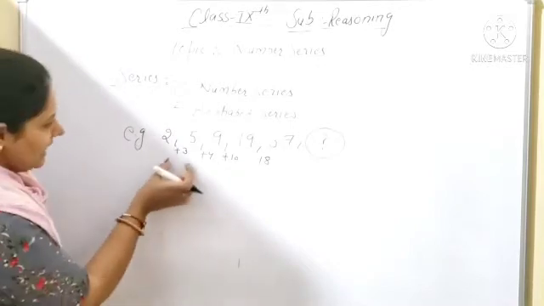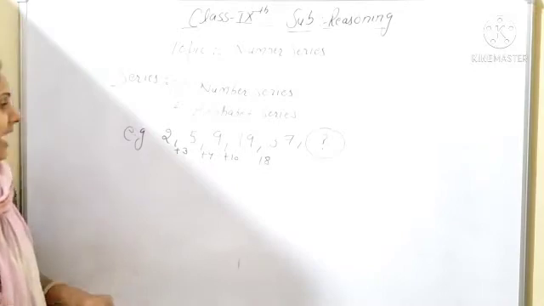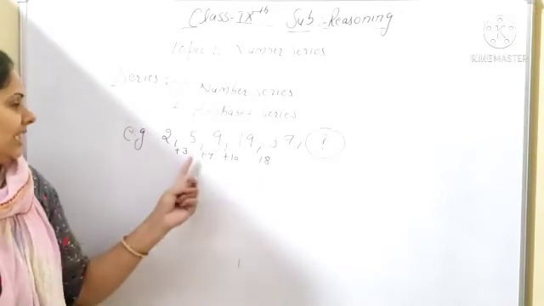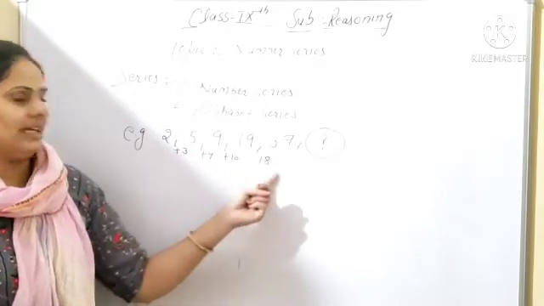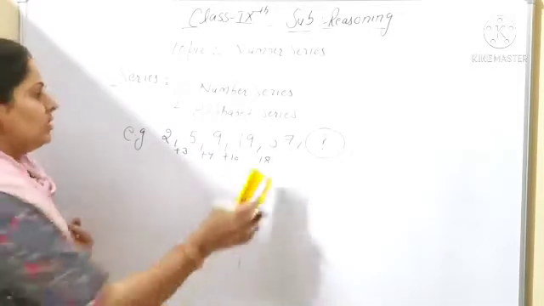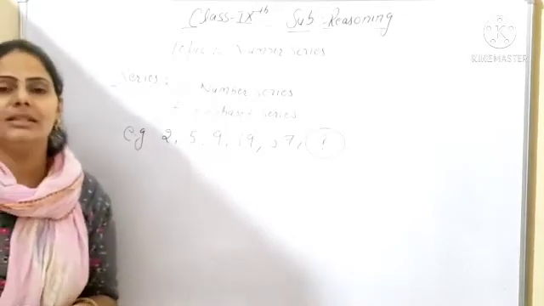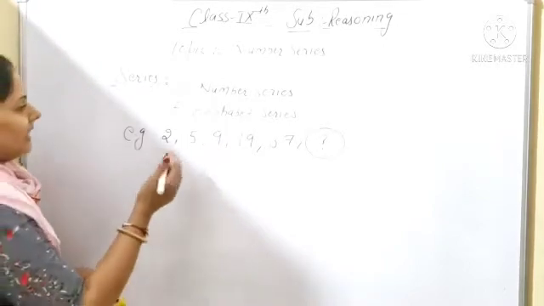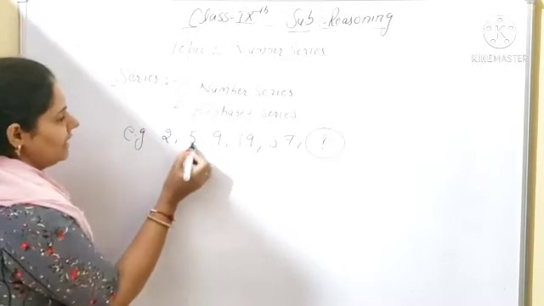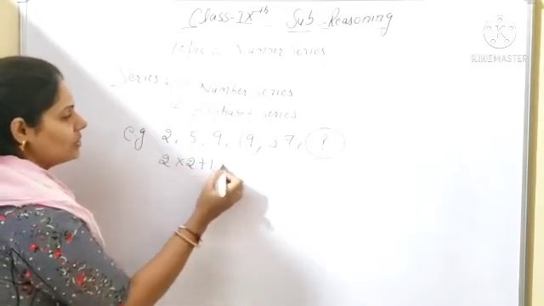So here, is there any pattern? Here you are adding plus 3, plus 4, plus 10, plus 18. Any pattern here? No. Here you are adding 3, after that 4, after that 10, after that 18. The difference is 1, here 6, here 8. So here no pattern you are following. It means you have to try something else. So what can you do, beta? For example, 5 you are getting. If you multiply 2 by 2 and add 1, what will you get?